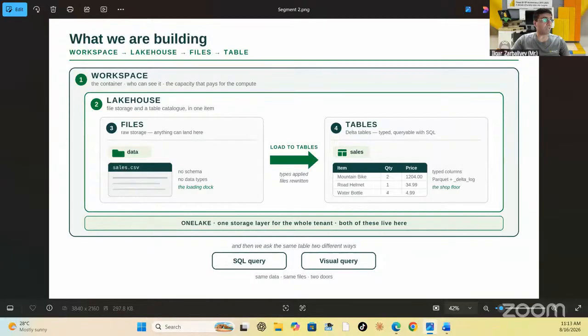So first, we create a workspace. A workspace is the container. It's where our Fabric items live. It's what we share with colleagues, and it's what carries the capacity that pays for the compute. Nothing exists in Fabric without a workspace to hold it. Inside the